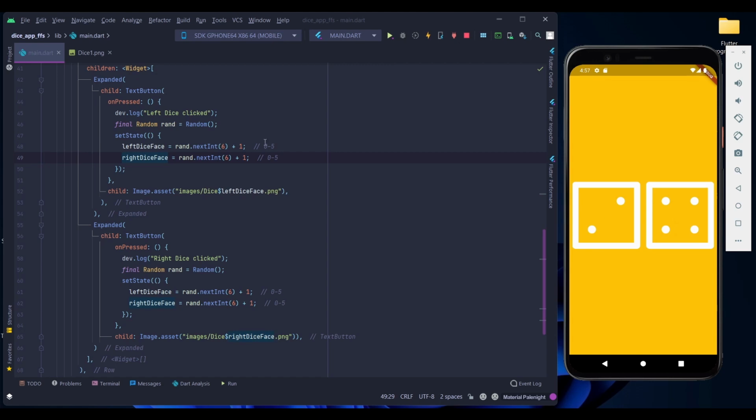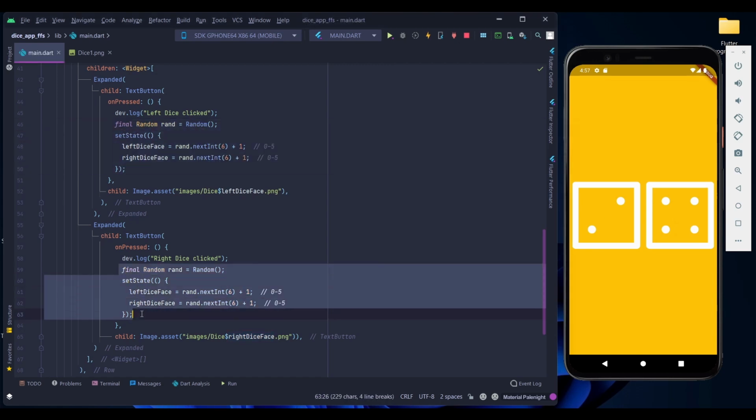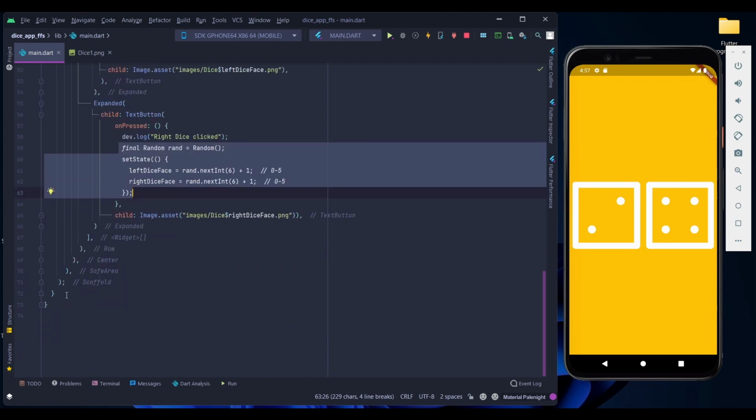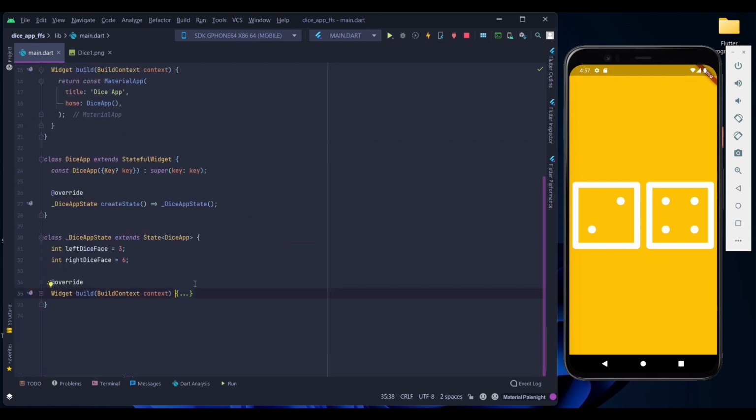But now if you see here, we have repetition of code over here. It is the exact same code that is repeated twice, and repetition is bad in programs. And what do we do to our repetitions? We use functions. So what we are going to do is, I will go all the way down over here. I will just collapse the build function. So just after the build function, I'm going to write a void change dice face function. So this is a void function,